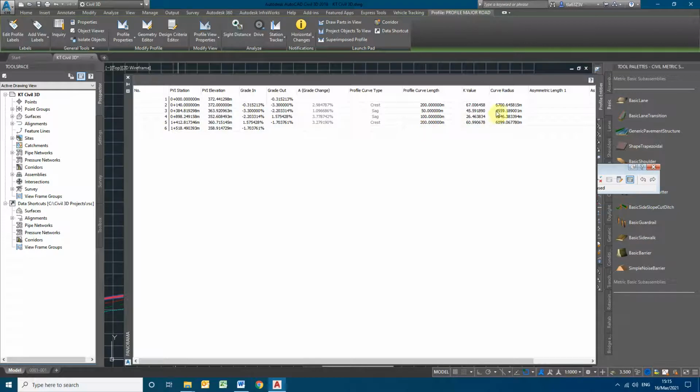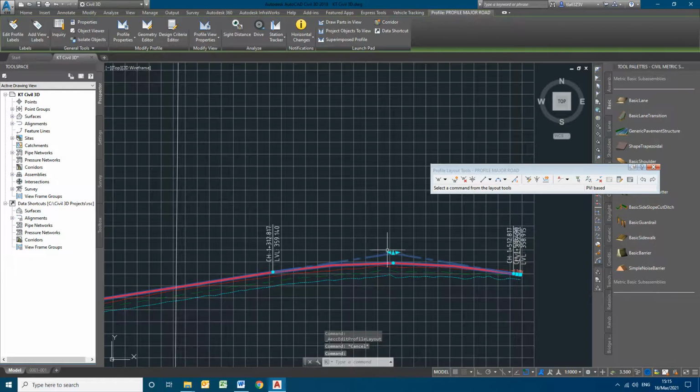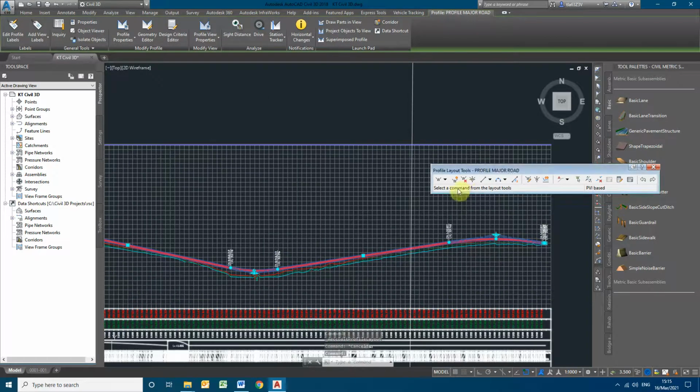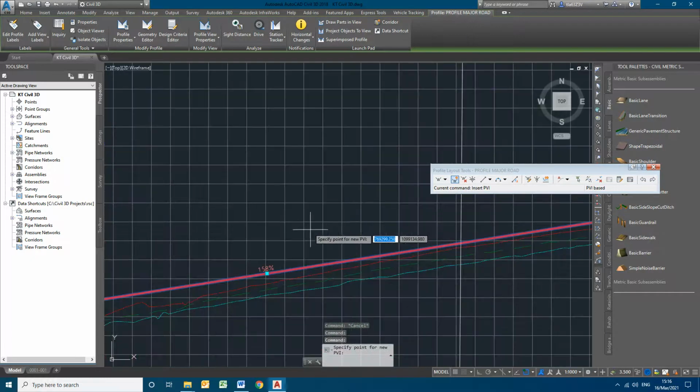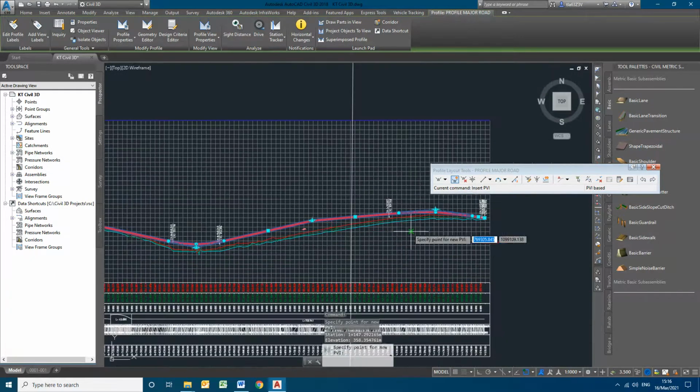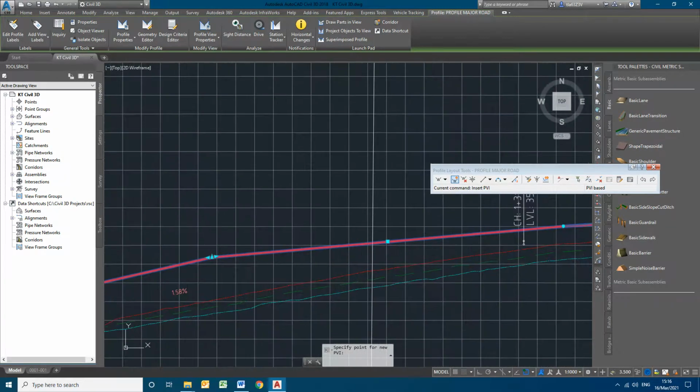60, it is 200 maximum that I had given. So I can shift the curve. I will try to shift the curve, or try to avoid the curve as much as possible. I am inserting an IP over here. I am making a smoother gradient at the junction portions.